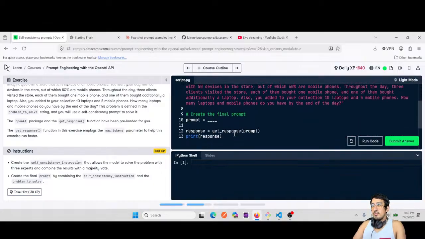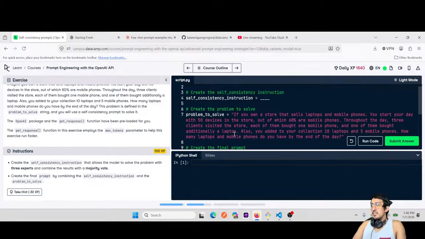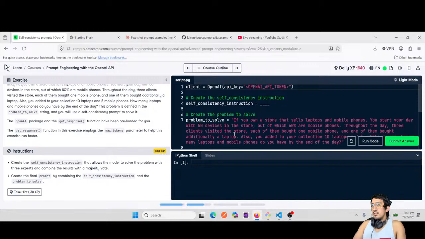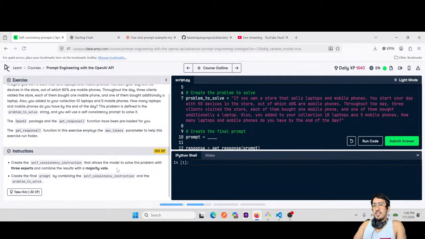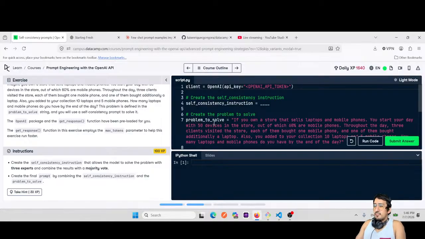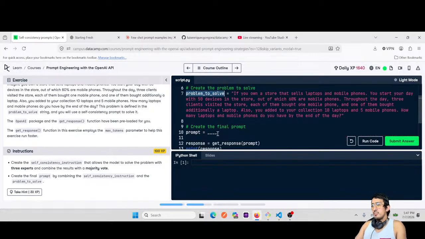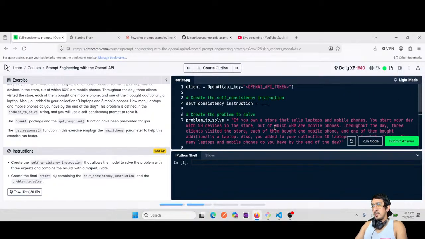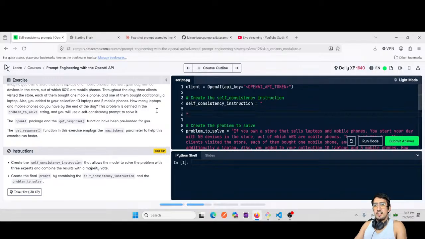Okay, create the self-consistency instruction. So I assume that here I need to do problem to solve plus self-consistency instruction. And here I'm gonna have, like, let's say